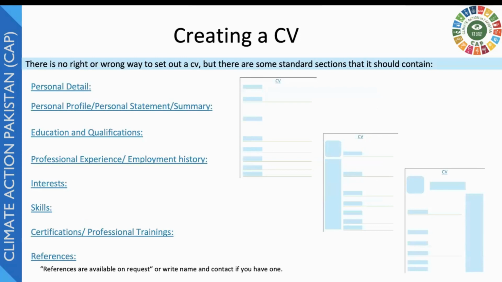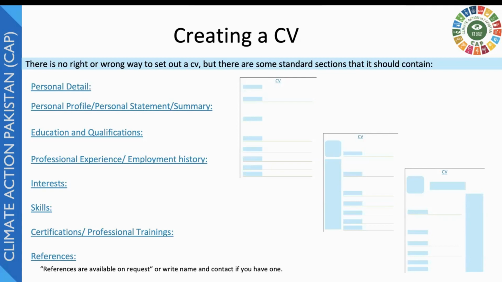So first, we are now discussing how to create a CV. There's no right or wrong way to set out any CV, but there are some standard sections that a CV should have in it. There are the personal information, a personal profile or summary, education or qualifications, professional experience or employment history, and another portion of interests, what interests you have, what skills you have, soft skills or hard skills. You should mention these skills.